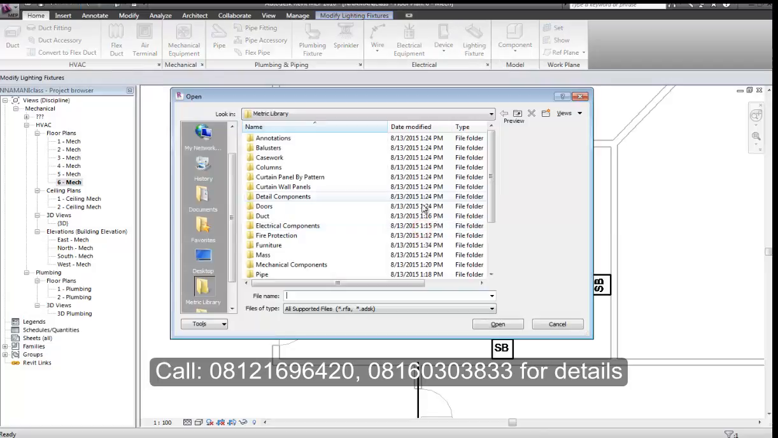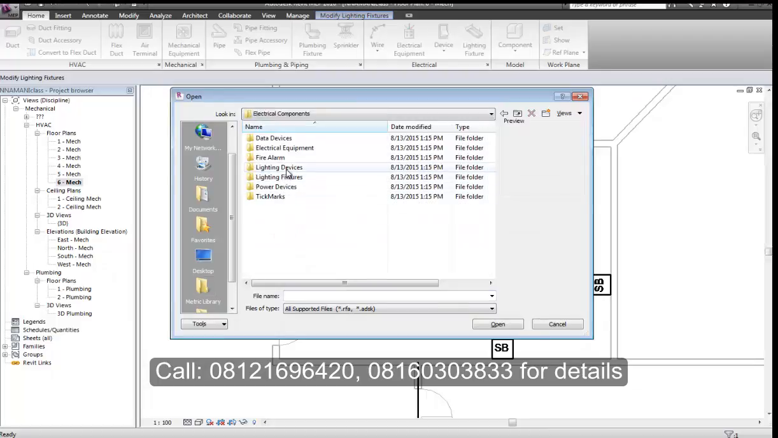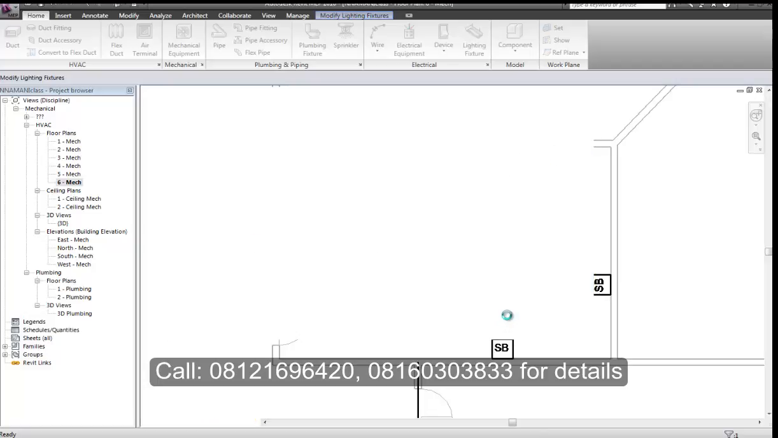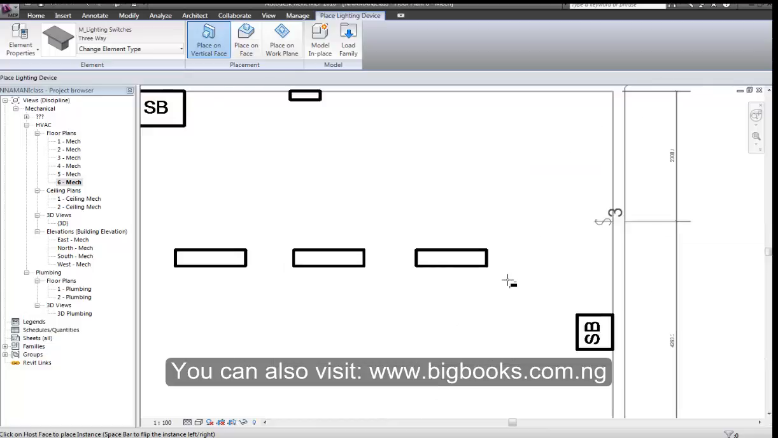If I say yes to the electrical component, and then lighting devices, lighting switch, and I say open right about here, I'll wait for that lighting switch to populate. When the lighting switch populates, you can see now there's a switch here that I can place somewhere here. Place on vertical face is a switch, excuse me, and the kind of switch that I have here is a 3-way switch. If I click on this, drop